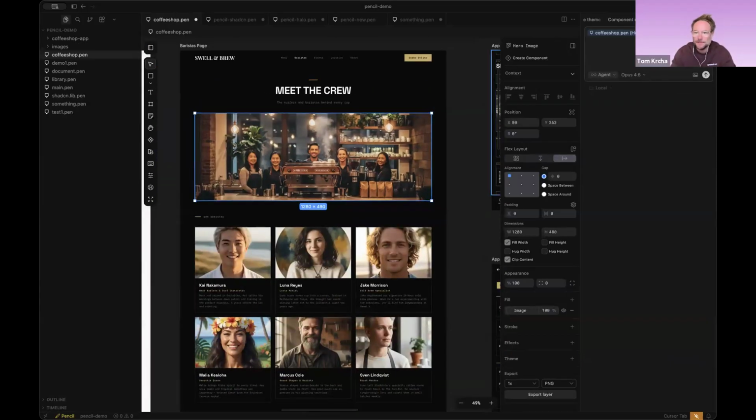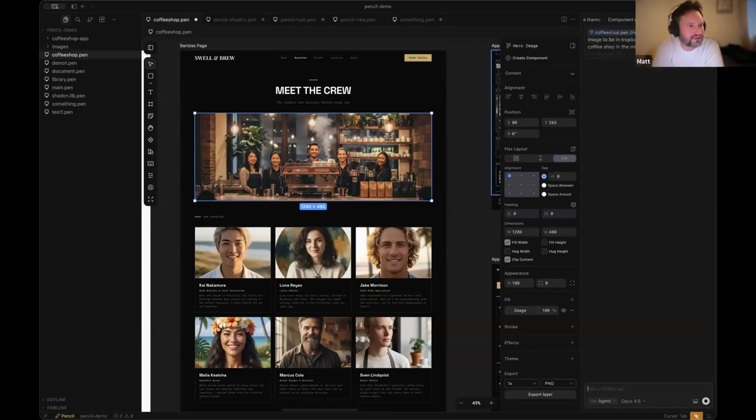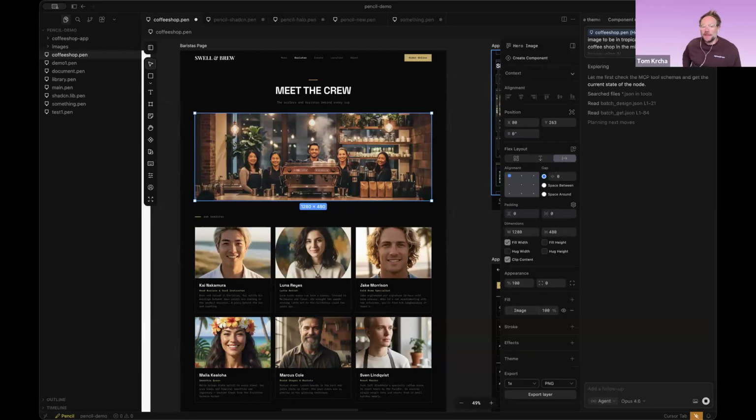Okay, interesting. Maybe I say change this to be in tropical Costa Rica, showing a coffee shop in the middle of the day, generate image using AI. And so you could have one of these agents that you call. Can you give them certain parameters, skills, so you can deploy Leonardo to be your image creator at this point? You can, but I think it's better to also create your own